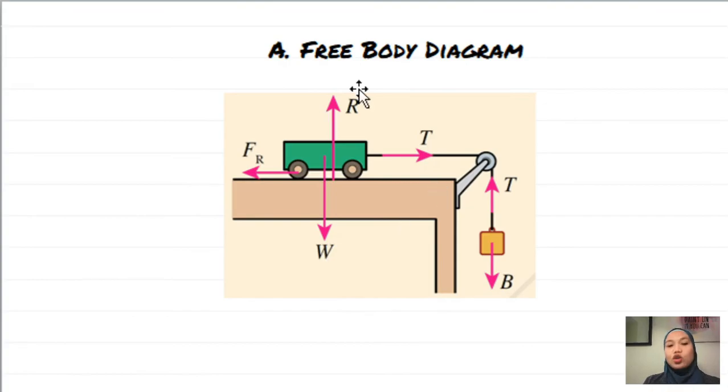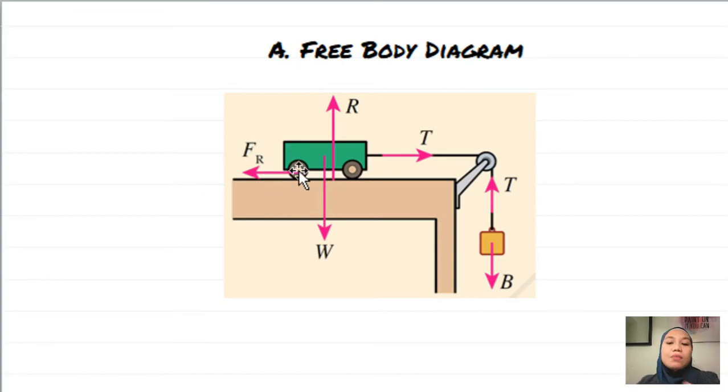We must consider the y and x axis. On the y axis, there are two forces acting on the trolley, which are W, weight, and normal force. And the forces acting on the x axis are T, which is the tension of the rope or cable, and frictional force, which